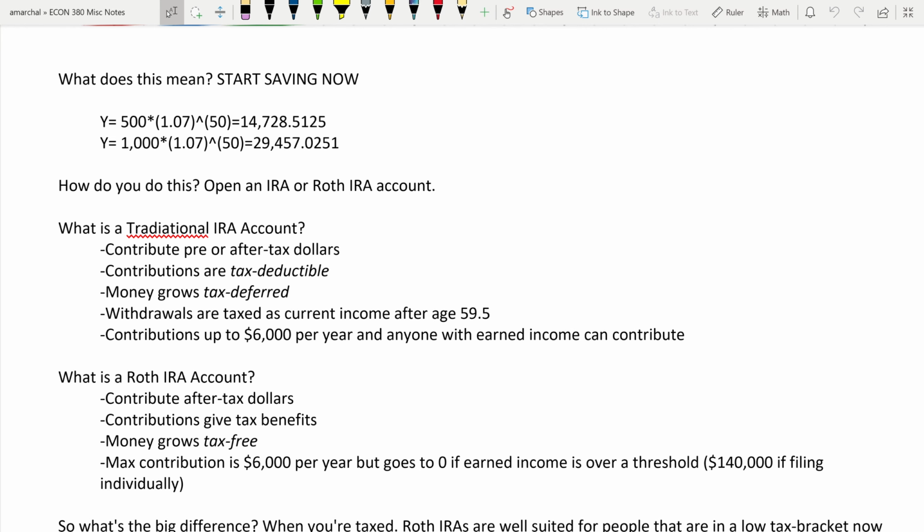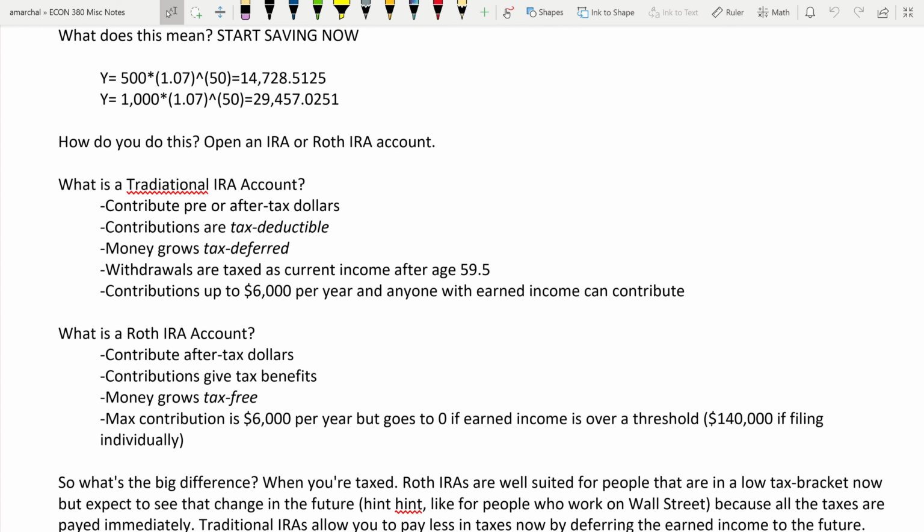So the big difference between these two when you're trying to compare them is when you're taxed. Roth IRAs are really designed for people that don't have a lot of income right now, but plan on eventually making a lot of income and being taxed at a high income rate in the future. So the whole idea here is, for those of you right now thinking of a Wall Street job or something like that, or going into banking, you're going to be making six figures in 15, 20 years from now. You don't want to be paying capital gains taxes and income taxes at that tax rate